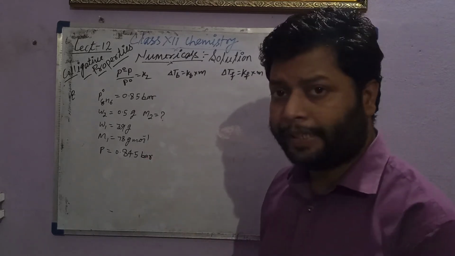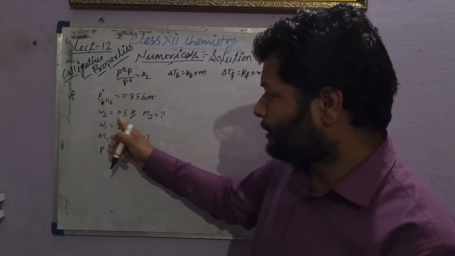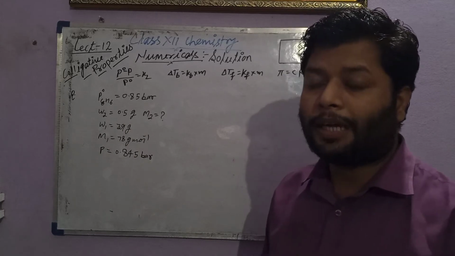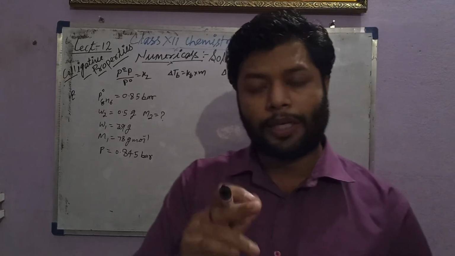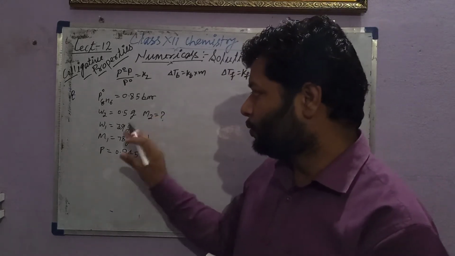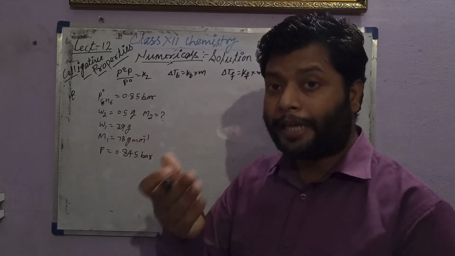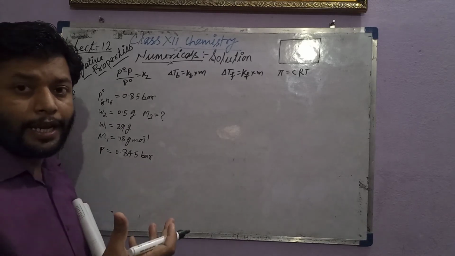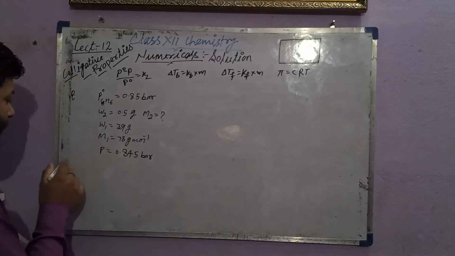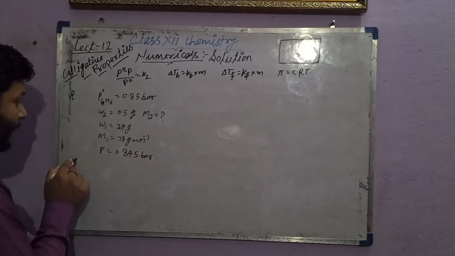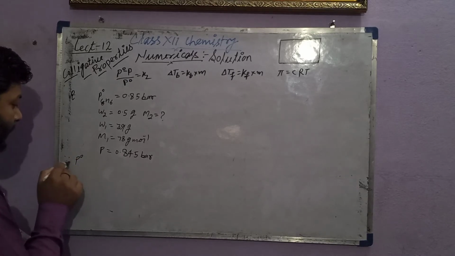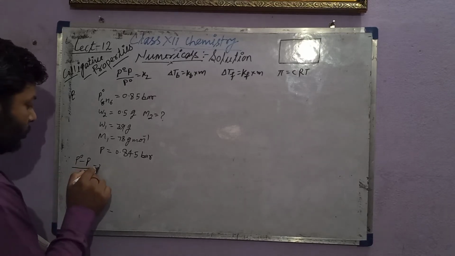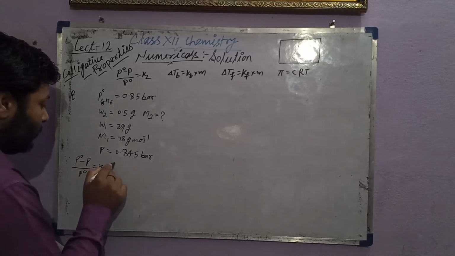Student, first you have to see that the mass of the solute is very low comparatively to the mass of the solvent. So we can use it as a very dilute condition. So this is the condition when we take it as a very dilute condition. For very dilute solution, we know that P naught minus P upon P naught equals X2, and for very dilute solution the formula